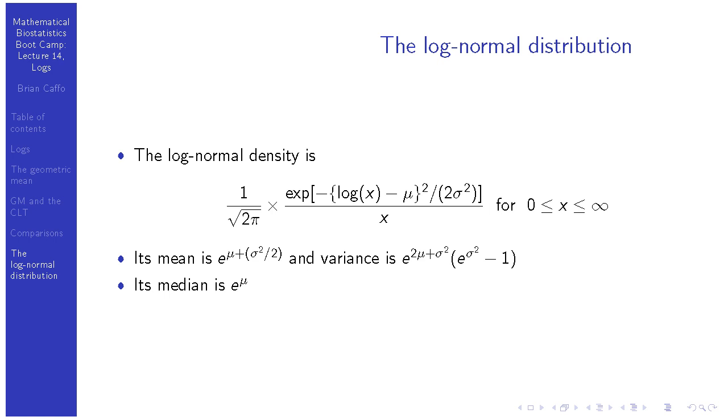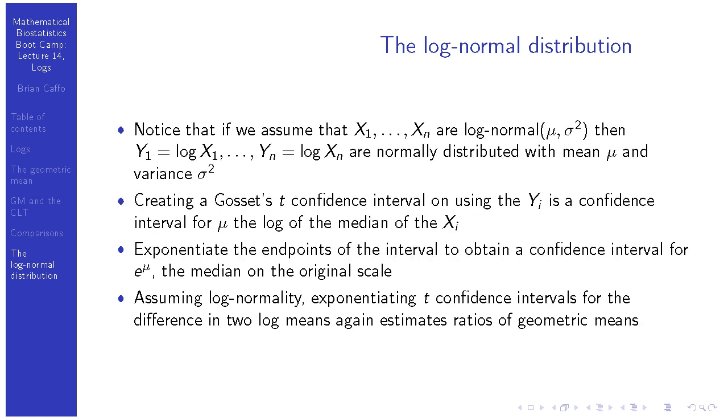The expected value of x, in this case when x is log normal, is e to the mu plus sigma squared over 2. E to the expected value of log x is e to the mu. Okay, so if x1 to xn are log normal mu sigma squared, then